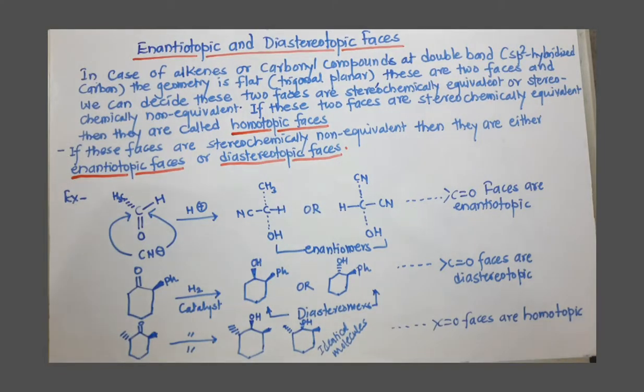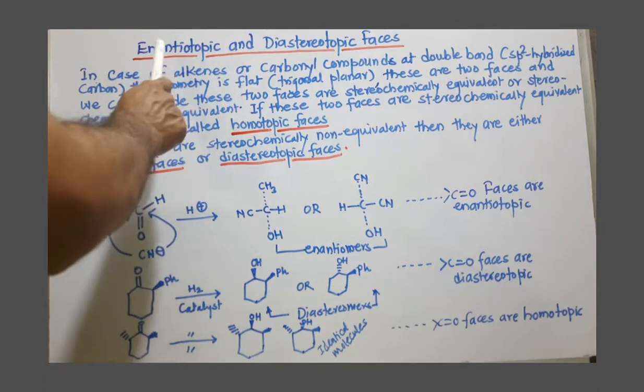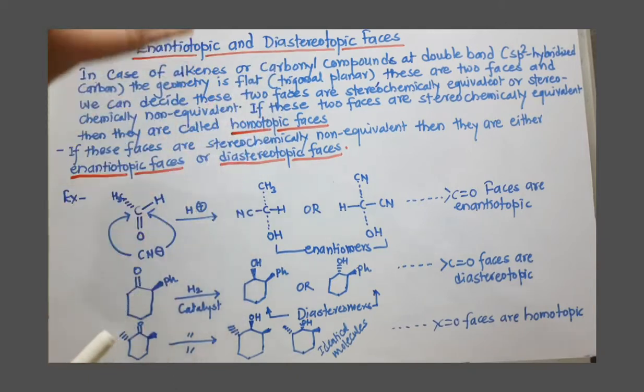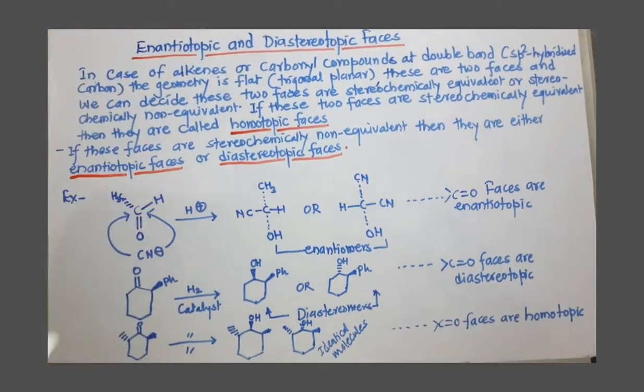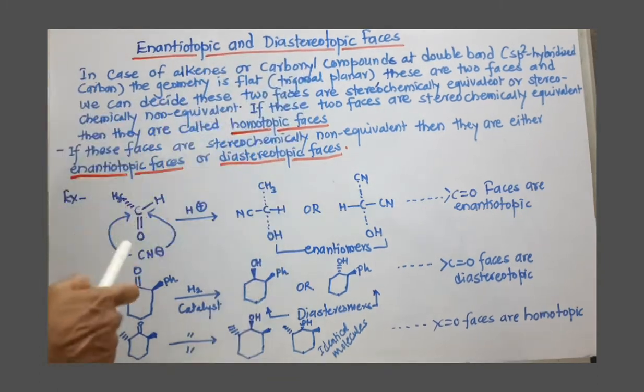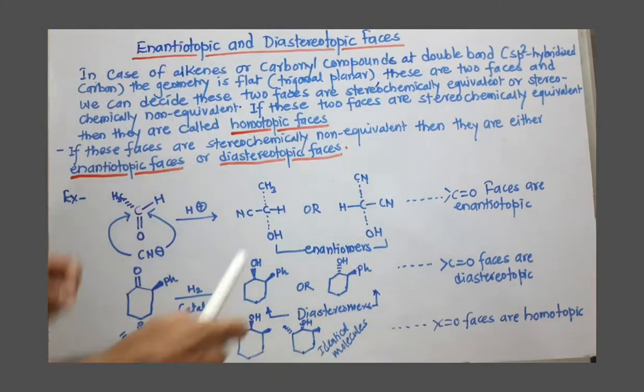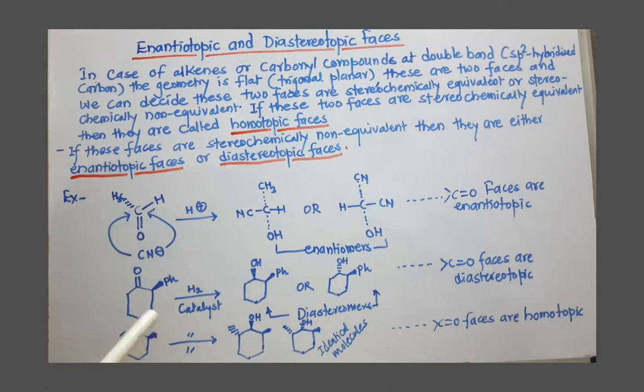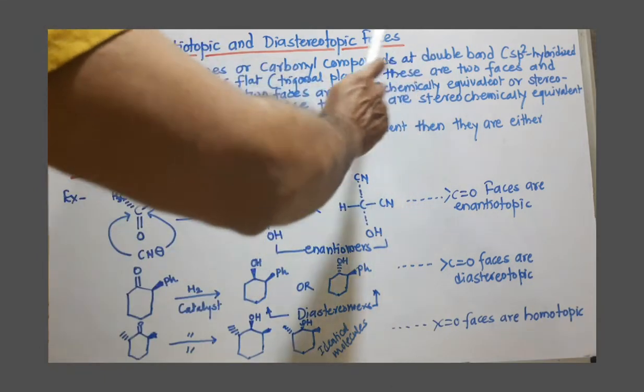Enantiotopic and diastereotopic faces. In the previous video, we have seen enantiotopic, diastereotopic, and homotopic ligands. Now in this video, we are going to discuss enantiotopic and diastereotopic faces, or sites. This is applicable to carbonyl compounds or double bonded compounds, carbon-carbon double bonds, because these double bonded carbons